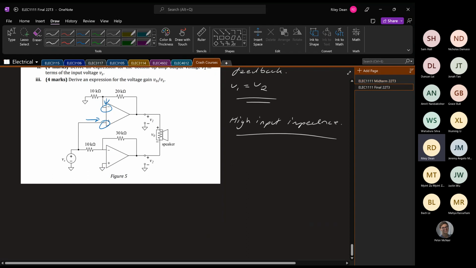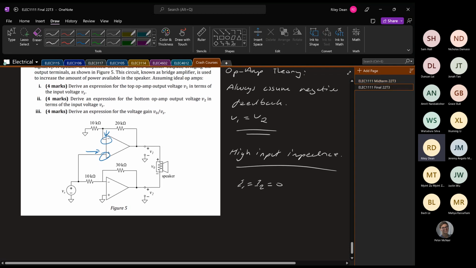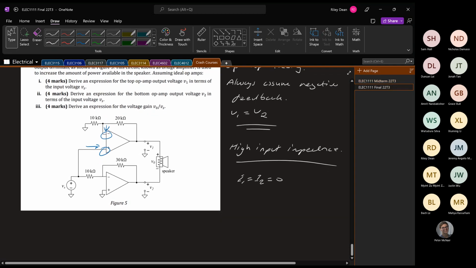What that means is that you can assume that I1 is equal to I2, which is equal to 0. So these are two very, very helpful assumptions that we can make to allow us to do some